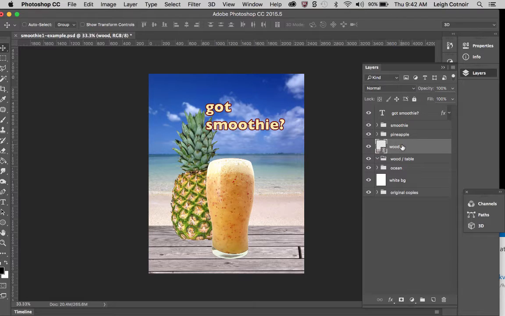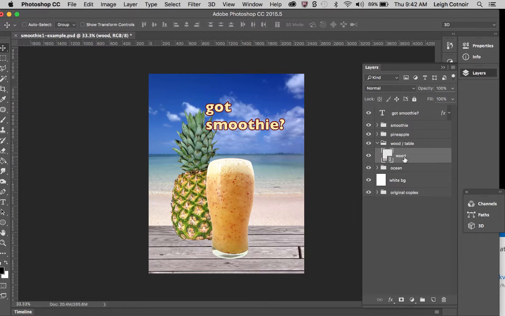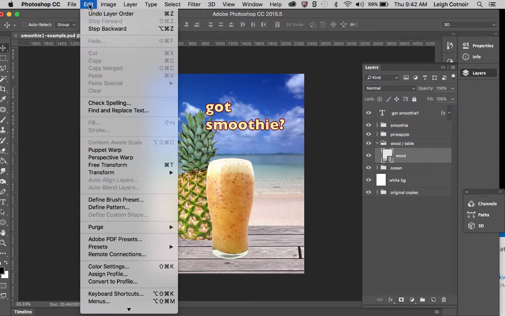And I'm going to go ahead and drop this inside of my wood table folder. And you'll notice that it's a linked object. I can either choose to leave it linked, or I can rasterize it by right-clicking and rasterizing. The problem is if you rasterize it, that it will become a destructive layer. So if you want to keep it non-destructive as long as you can, so that you can make modifications that way, then what you can do is go ahead and just leave it linked,